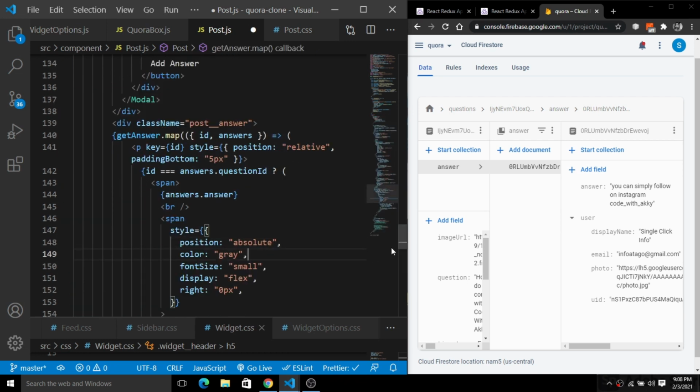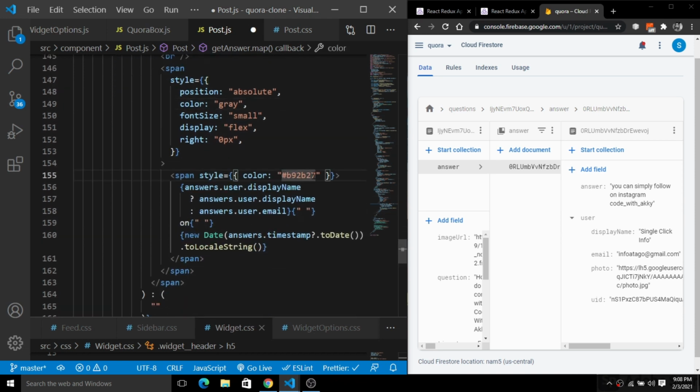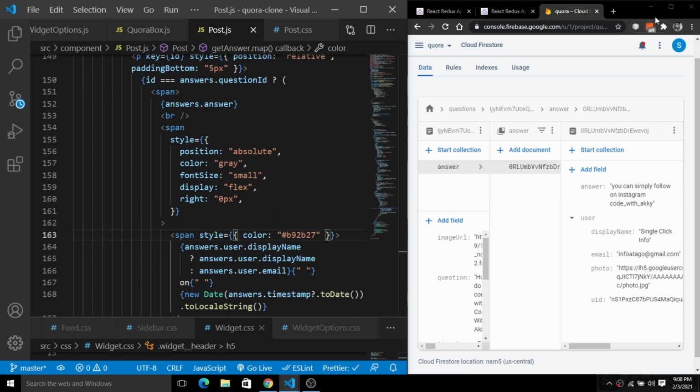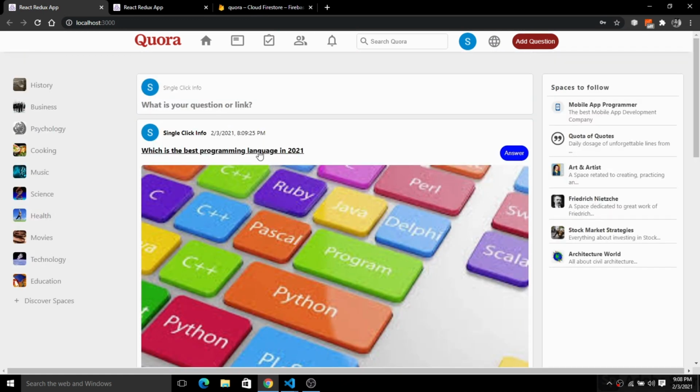So this is the exact coding of these things here. Okay, so I'm going to simply save this, and now I will show you the deployed version here. Now when you click on these things, because we don't have the respective question ID there, that's why it is not rendering here.